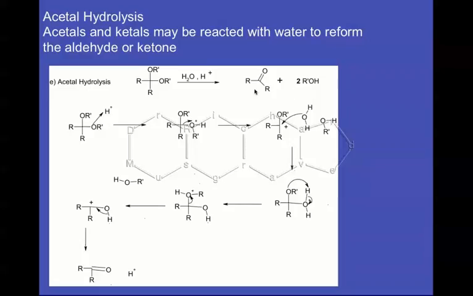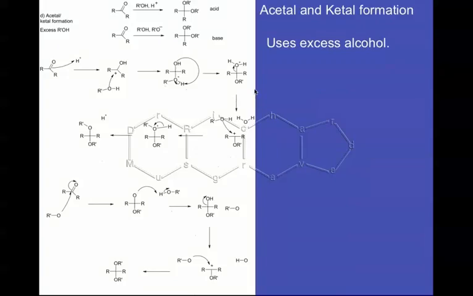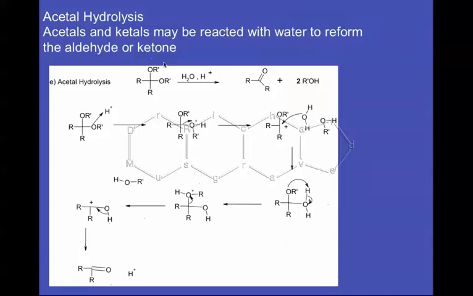Now the other reactions we were dealing with, acetal and ketal formation, just used excess alcohol and H+ to form the acetal or ketal. What happens here is that we usually find a way to get rid of the water as it forms, which pushes the equilibrium in the direction of the acetal and ketal. Water is a byproduct of the reaction, and we have to get rid of it so it doesn't go back and force the reaction in the opposite direction. However, if we use an acetal or ketal with excess water and H+, we're going to get our ketone